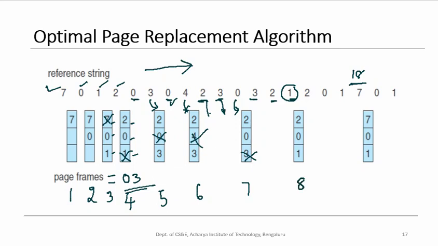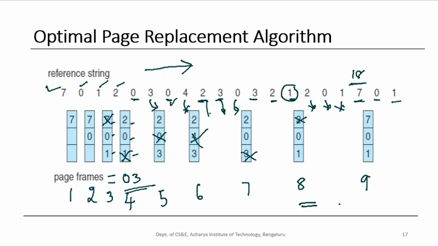So that is going to be a page fault. Like this, if you see, now from here onwards there will be very less page fault, because the required pages are already there in the memory. That is, when request for 2 comes, it is there in the memory, 0 is there in the memory, 1 is also there in the memory. Now when there is a request for 7, we replace 2, because there will not be any reference made in future for 2 compared to the 0 and 1. There is a reference for 0 and there is a reference for 1. So this is a page fault.